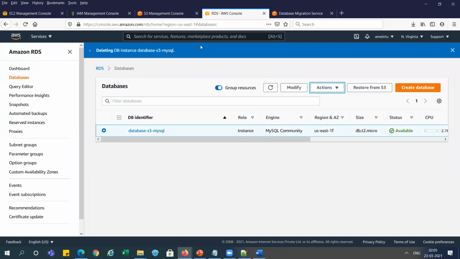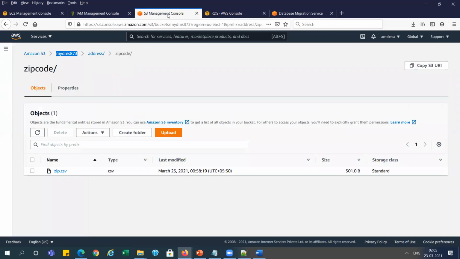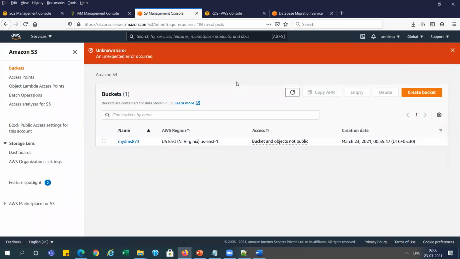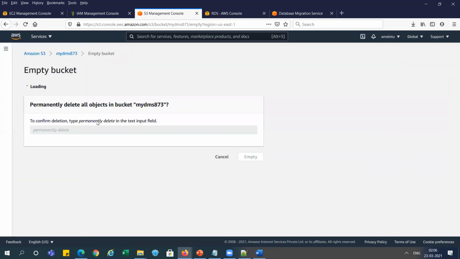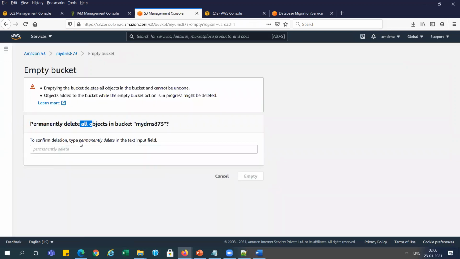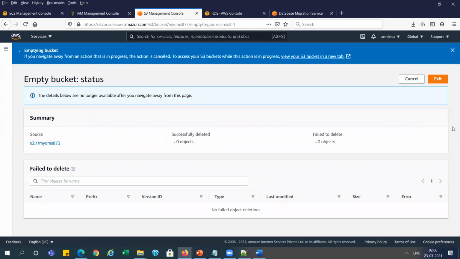So meanwhile, we can go and delete this S3 bucket, right? First I will go and empty the bucket. This is emptied, right? It is done.